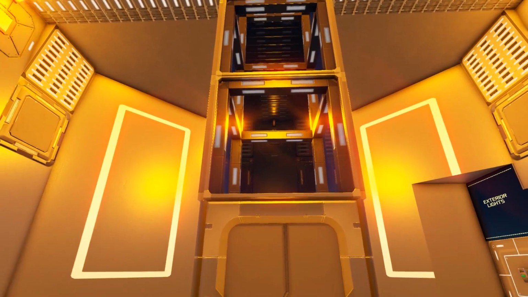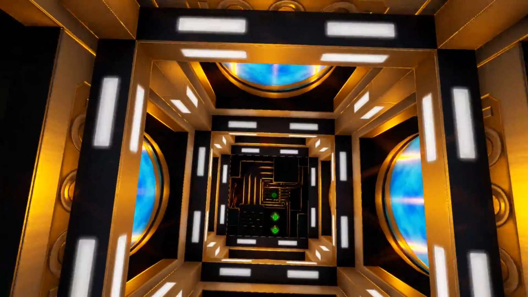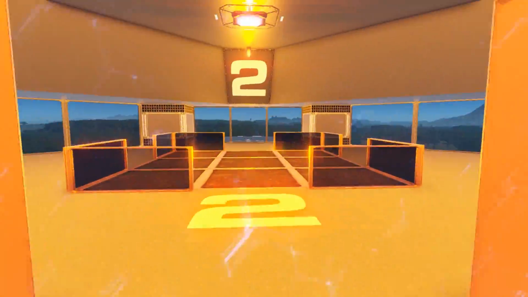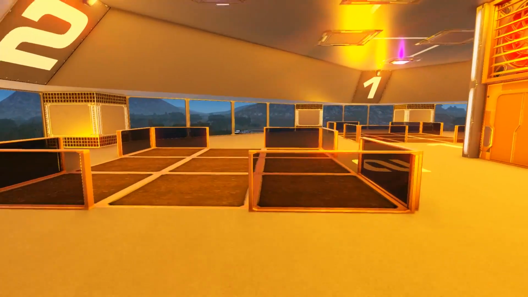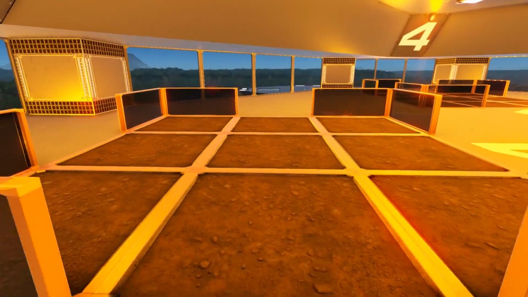And now, in the central column, we do have an elevator here as well. Going down, it takes you to fuel storage as well as to your core, so this is simply for maintenance. Heading up top, though, we come into a new room where we find our different grow plot areas. This room consists of 4 sections of 9 grow plots, so you have a total of 36 grow plots, and